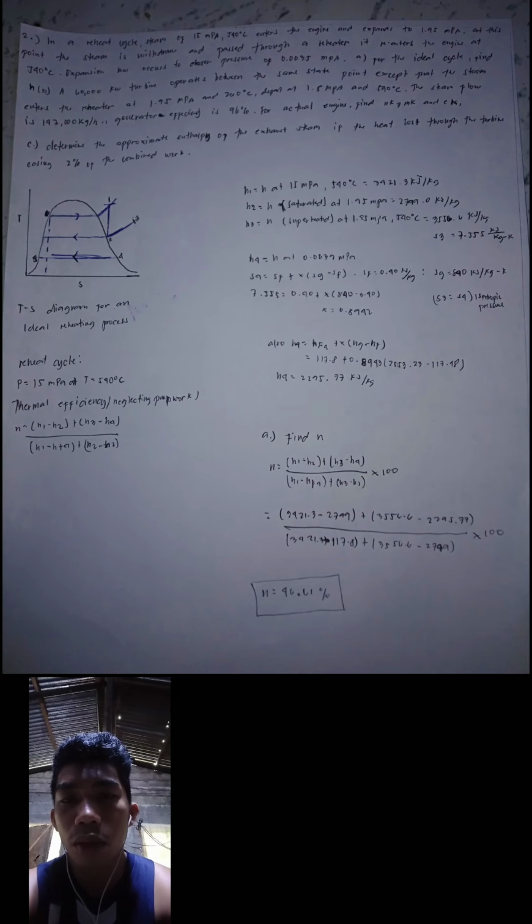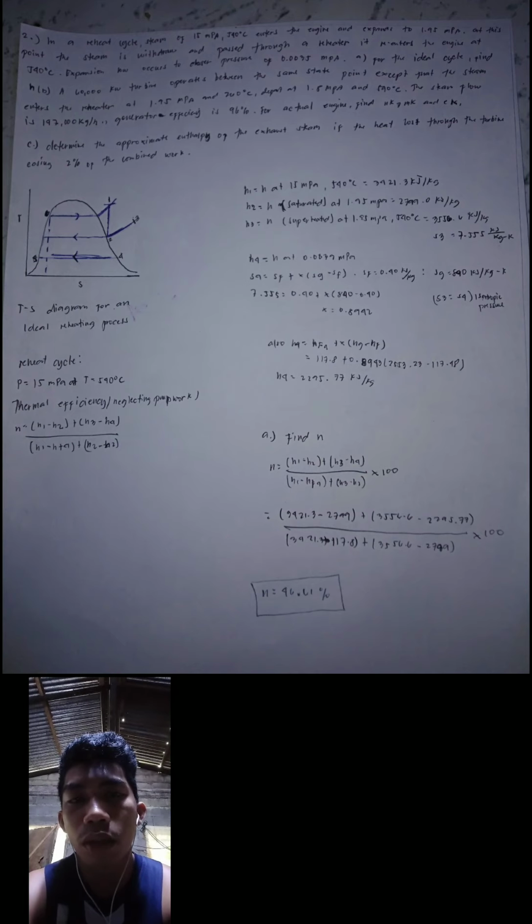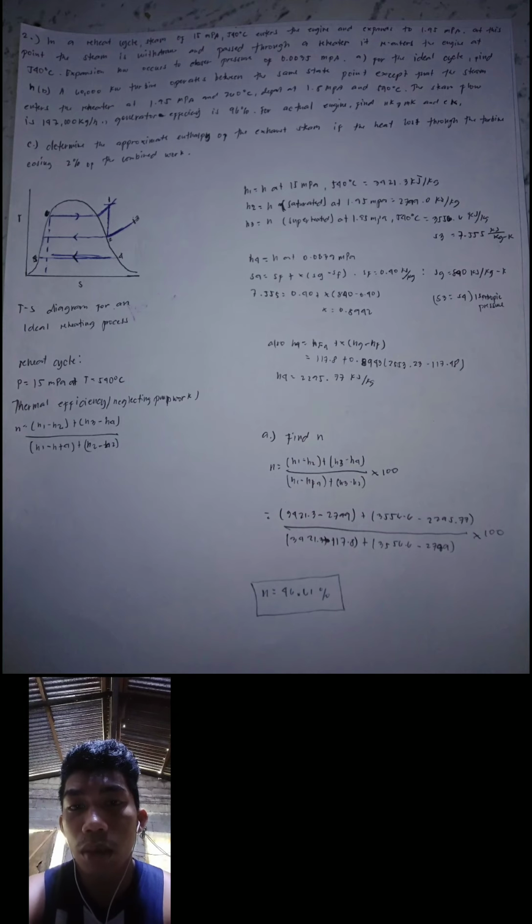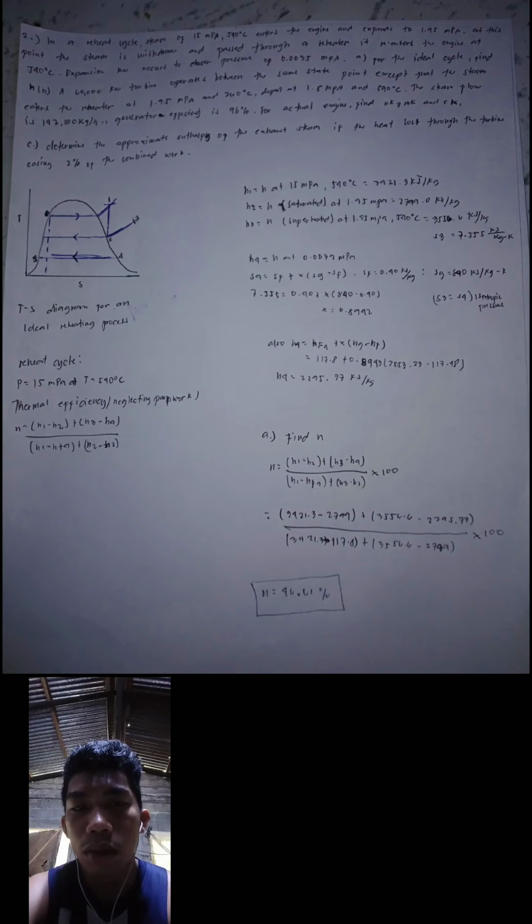Okay, so for number 2, with the given condition, I have drawn the TS diagram for the ideal reheat cycle. From the steam table, state 1, H1 is equals to 3,421.3 kilojoules per kilogram. H2, enthalpy at 1.9 MPa, we get 2,864.56 kilojoules per kilogram. State 3, H3 is equals to enthalpy at 1.95 MPa and 540 degrees Celsius will give us